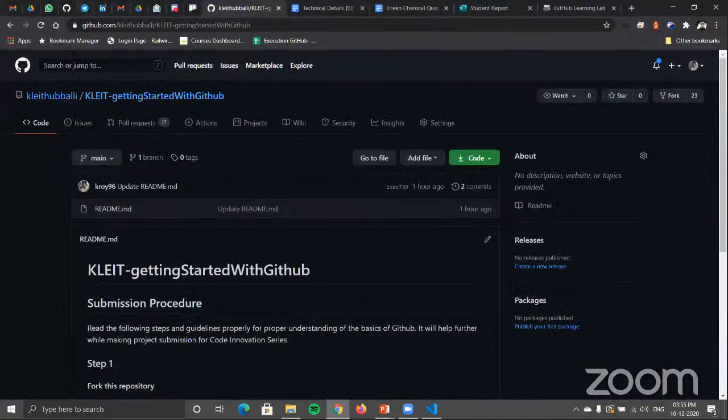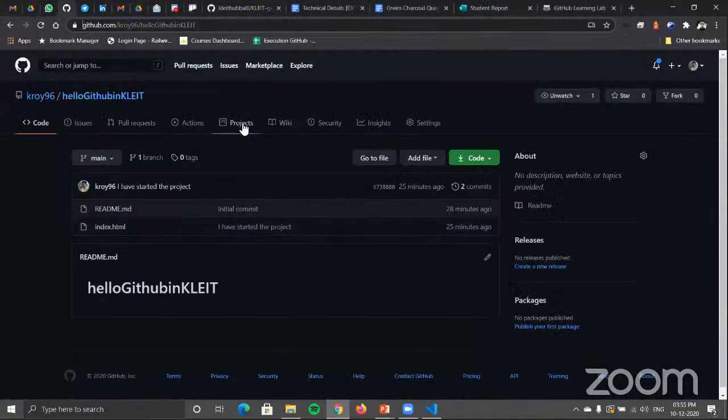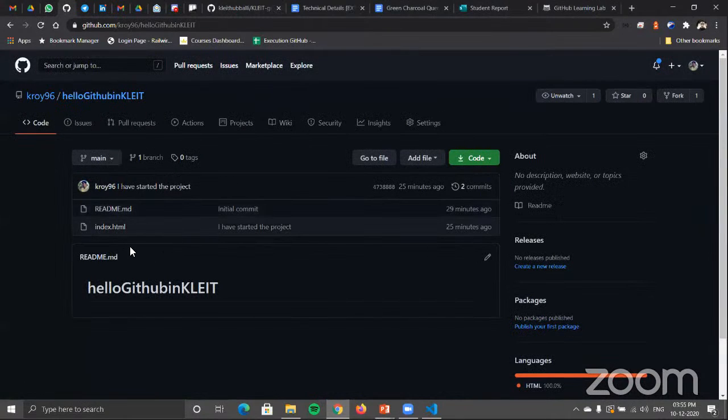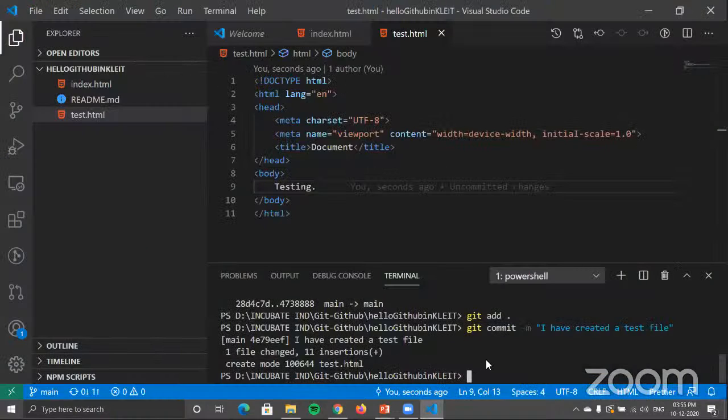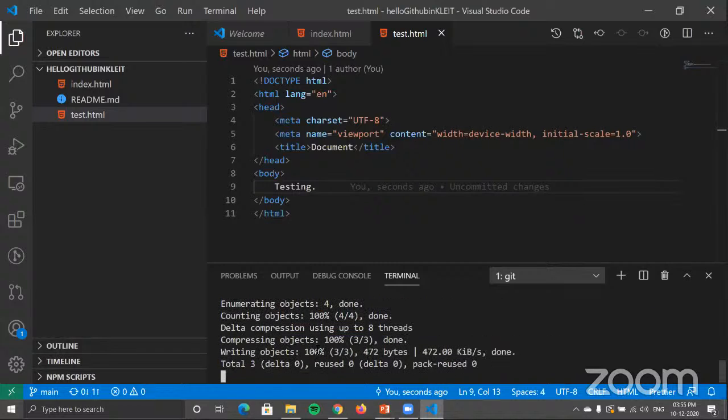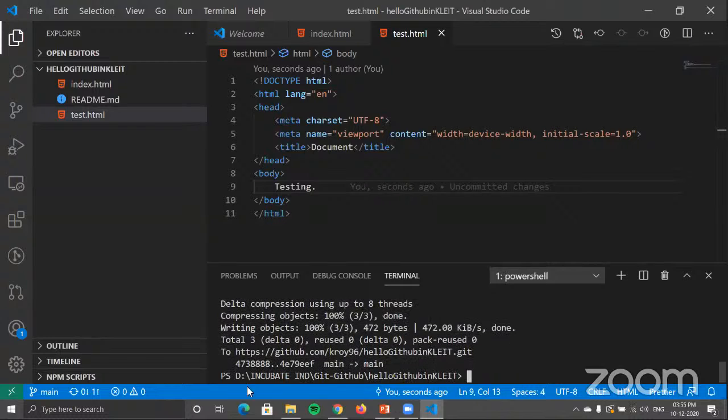So if I move on to the repository that I had created, which is linked over here, you can find that even though I refreshed it, only index.html is present. And now as soon as I type in git push origin main, this is the command to push those changes, or upload the changes in a normal way, to the GitHub repository. What you will find is that it says that these many changes have been made to